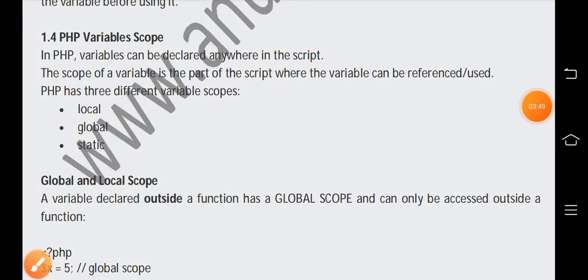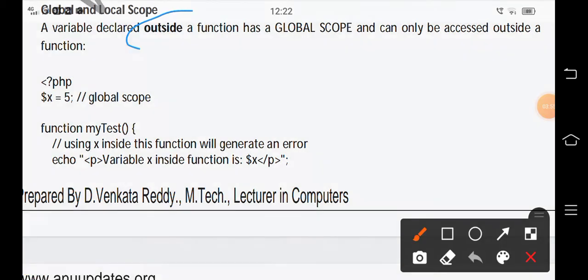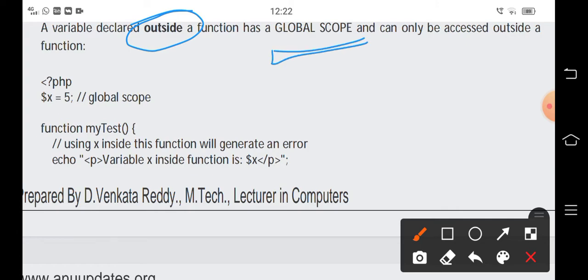And if we are declaring a variable outside a function, then we can say that the variable has a global scope. That means it can be accessed anywhere in the coding part, anywhere in the program. We can access that particular variable, and we can call that variable a global variable. See, in this coding part, you can observe,